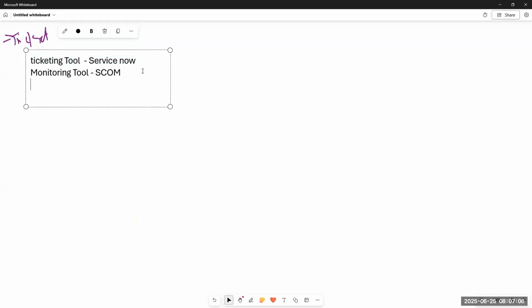You may also have backup tools, for example Commvault. One thing, when you are taking the KT, this is very important. KT means knowledge transfer. When you are taking the KT, take proper KT, sir.